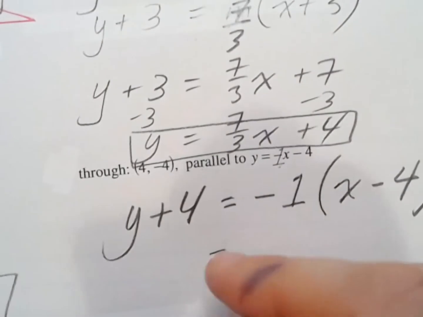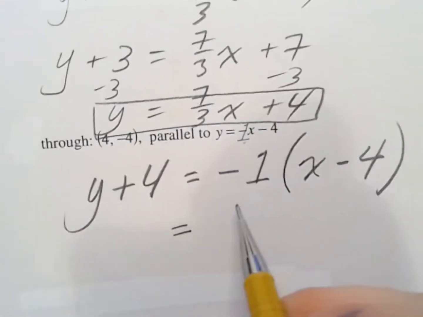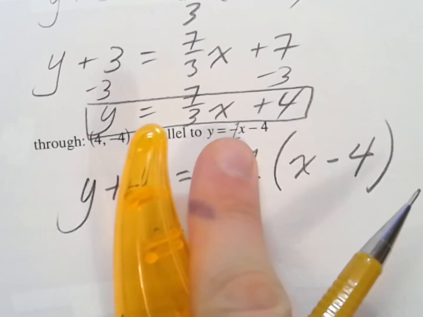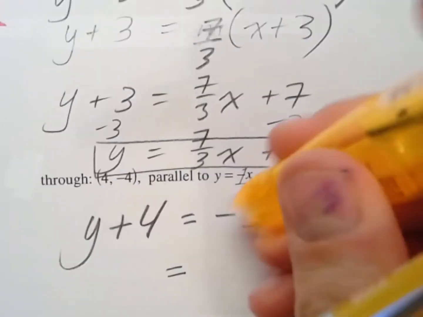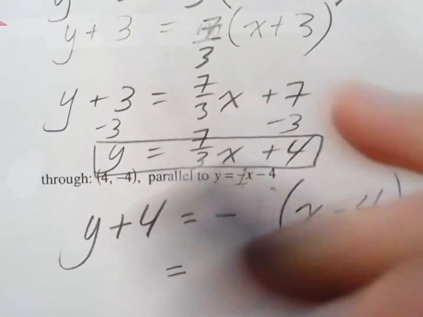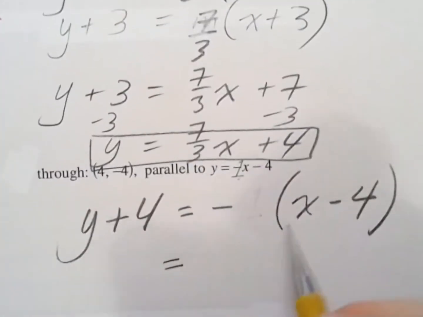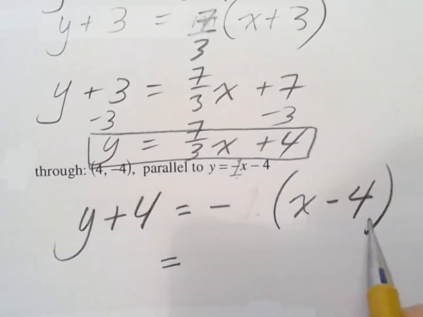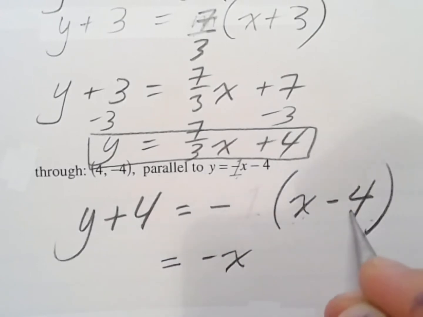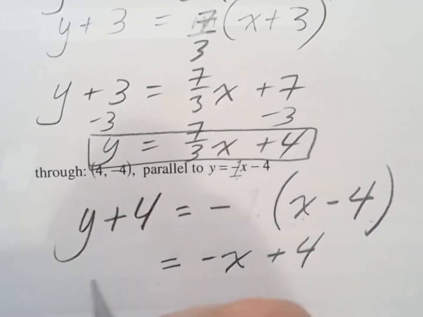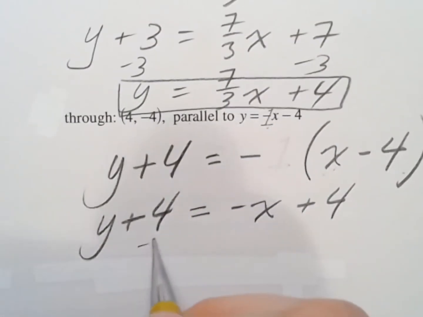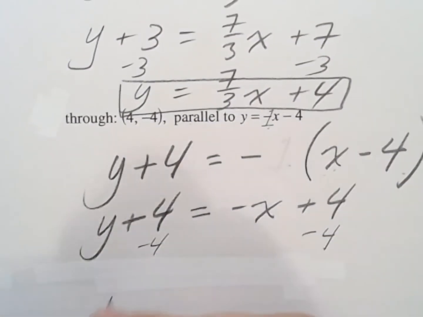So whenever you're distributing by a negative sign here, and I'm putting this -1 just to show you that it's the -1 right there, but really nobody would write that. We would just write the negative sign. It's the negative of everything inside. So if I'm flipping all the signs in here, then this positive x is going to become a negative x, and this -4 is going to become a positive 4. And now I have that, and so if I want to subtract a 4 out here,